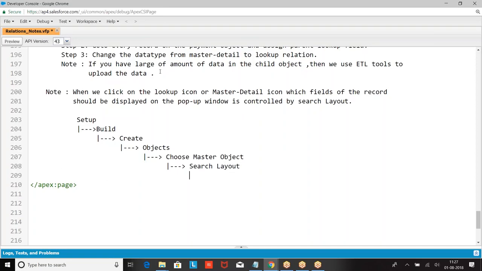In the search layout, we are supposed to go with lookup dialogs. I hope you are clear.